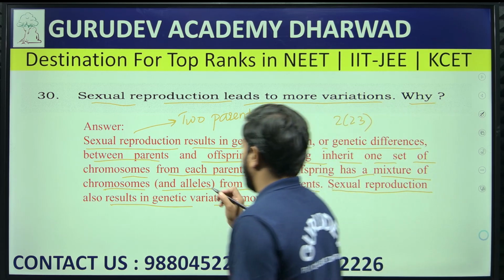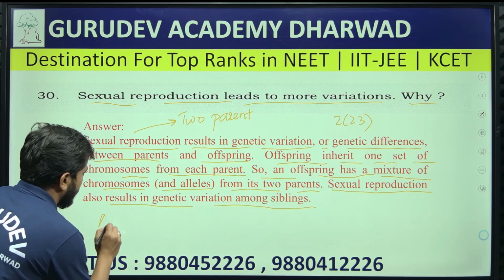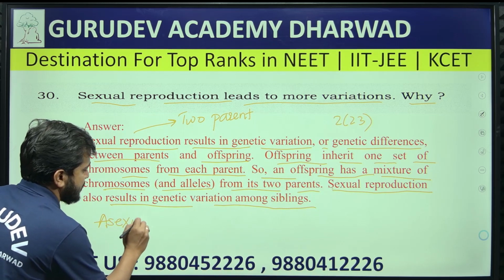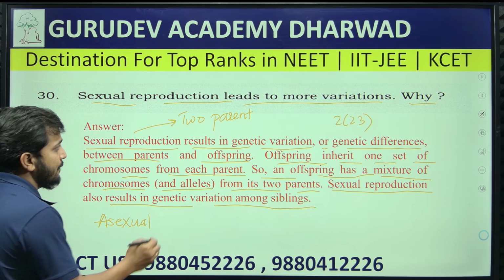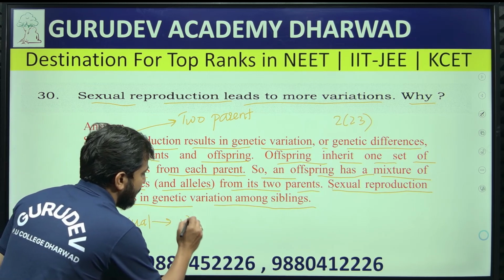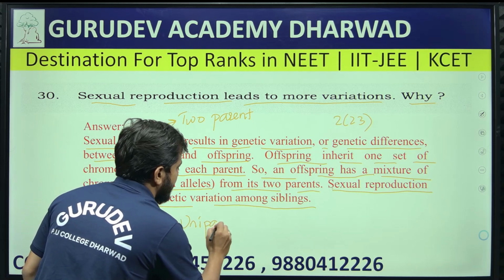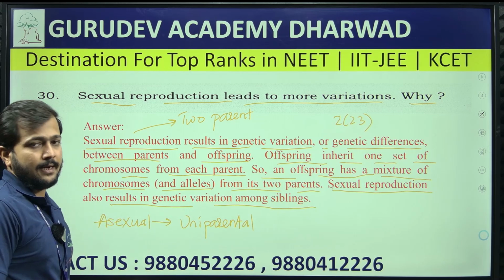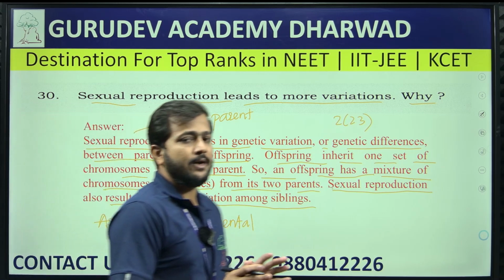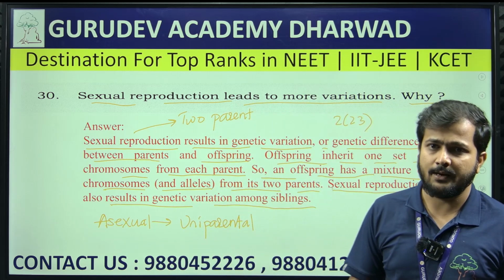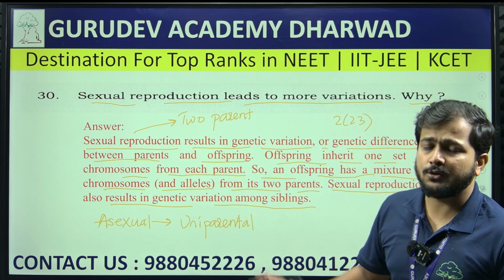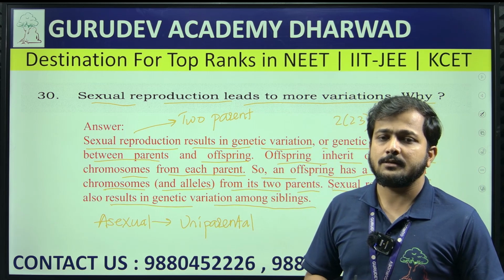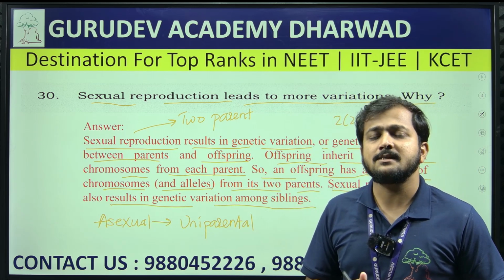With respect to asexual reproduction, there are no variations actually. Why are there no variations? Because it is a uniparental type of reproduction, where only a single parent is involved, right? With respect to this question, we'll stop over here